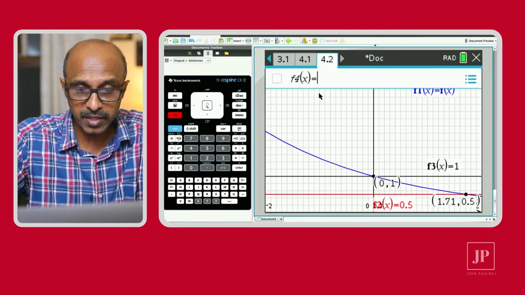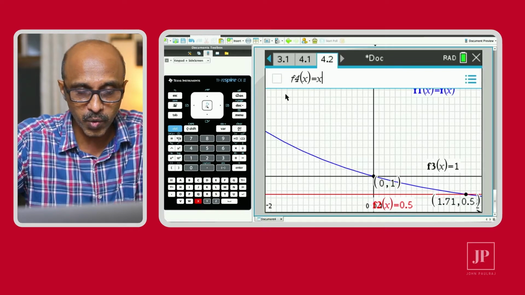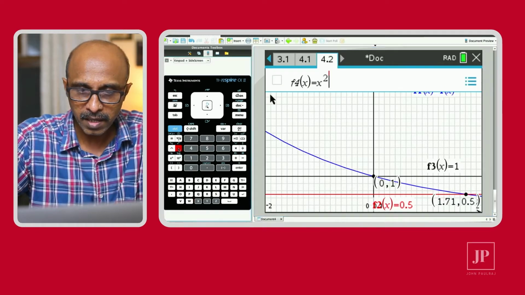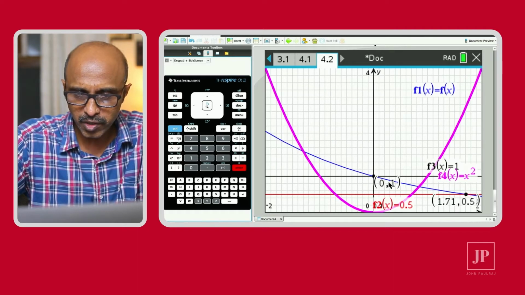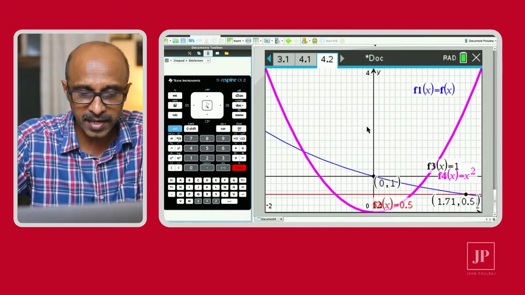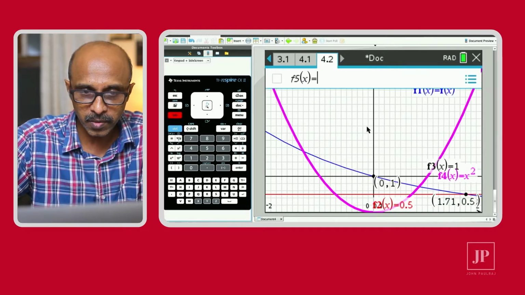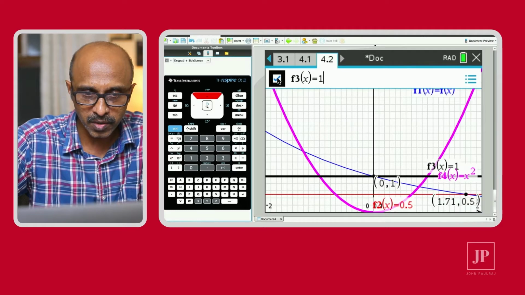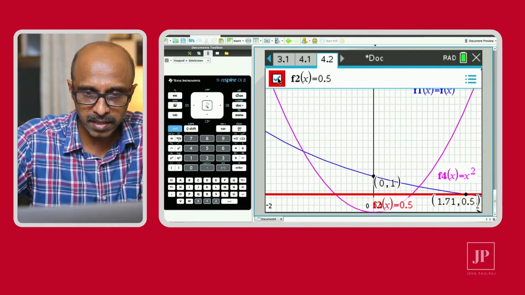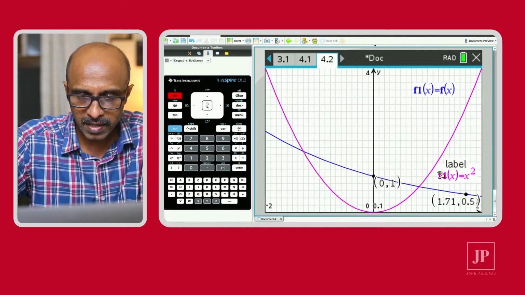So let's do that. Let's try that this time. I'm just going to enter x squared. And as you can see, when things get crowded, probably the better thing was to hide this before. So in order to hide, I'm going to go top arrow key and hide the earlier functions. So this one is hidden, that one is hidden, and maybe even